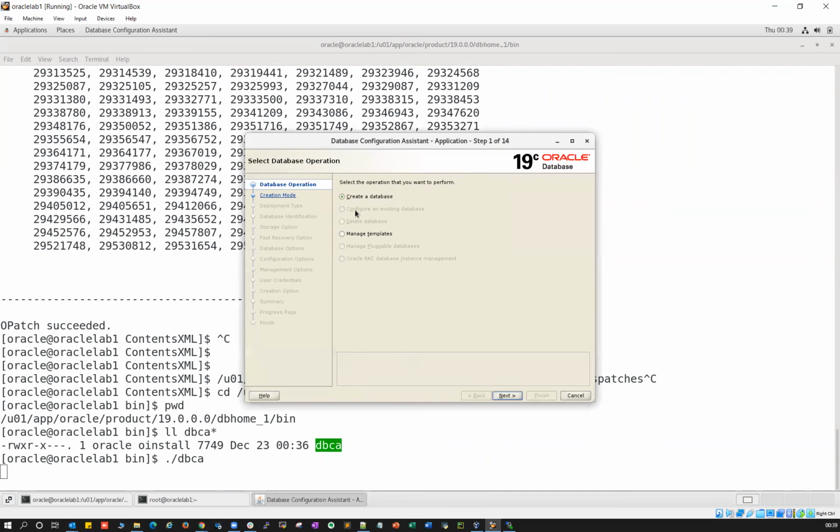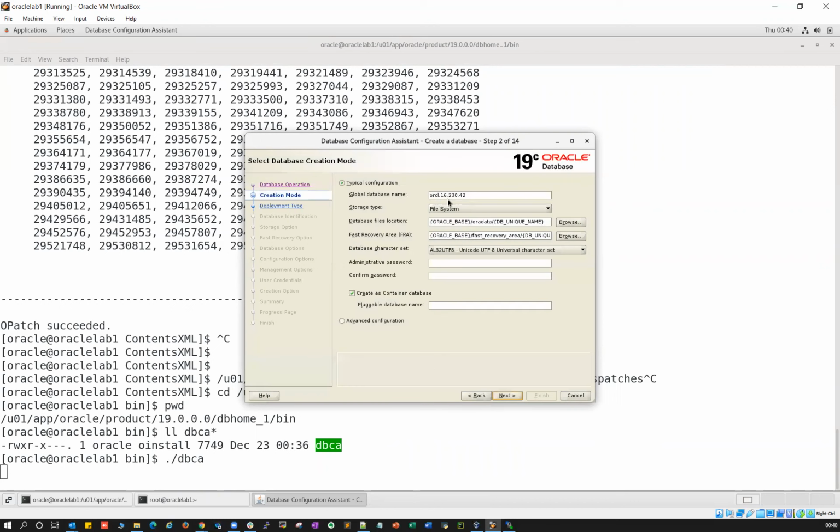Right, so you got your GUI screen here. Create database, that's a command like create database. Click next, and then provide whatever name you want. I will provide the name DevDB. Remember, this is file system only. I'm going to create this database on the file system, not on ASM, NFS, SAN, or any other storage. It's going to be local storage on this particular VM itself. So file system only, and you will see Oracle base. Ora data is my data file location, and my FRA is the Oracle base FRA location.